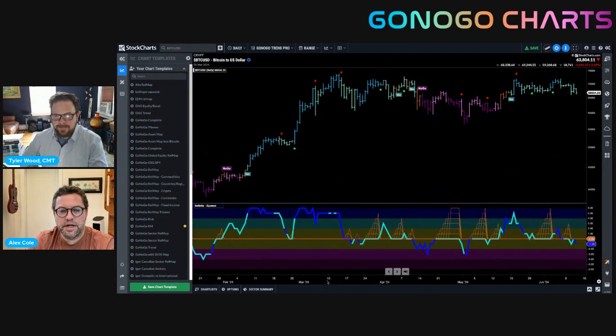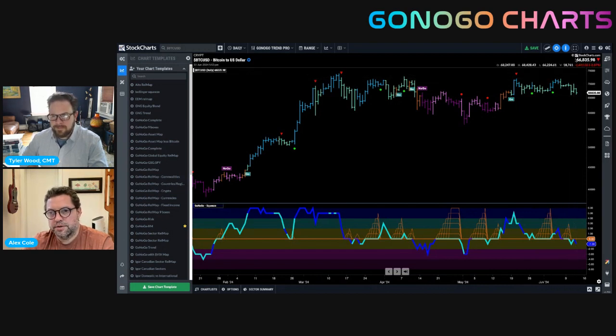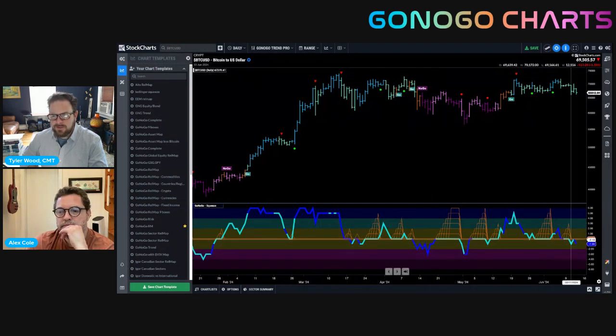There you go, and you can see why the relative outperformance is not in a go anymore. Really moving sideways, although hanging on to the go trend. So very, very interesting. Lots of resistance above here. If we can get above that, of course, that's going to be positive. But lots of work to do to get above that. Yeah, my eyes immediately drawn to the GoNoGo oscillator. Now, having retested the zero line after breaking out of that little squeeze, and to the downside, with heavy relative volume picking up as we're trading a little lower.